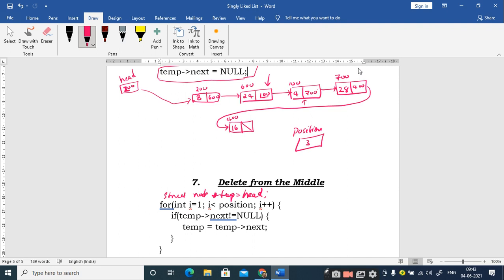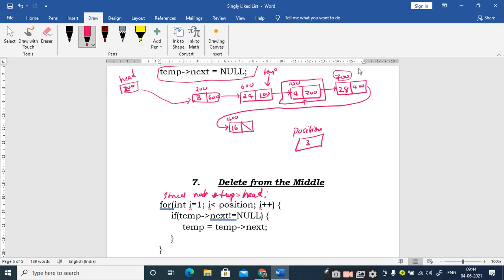Instead of storing the address of this node, I should store the address of the next node. Where is this address 700 stored? Are you able to understand the logic? My pointer is pointing here, right? I want to delete this node. So when I want to delete a particular node, I should have a pointer pointing to its previous node.